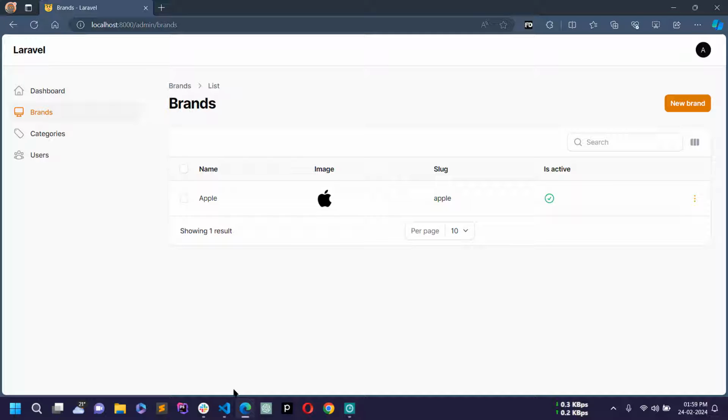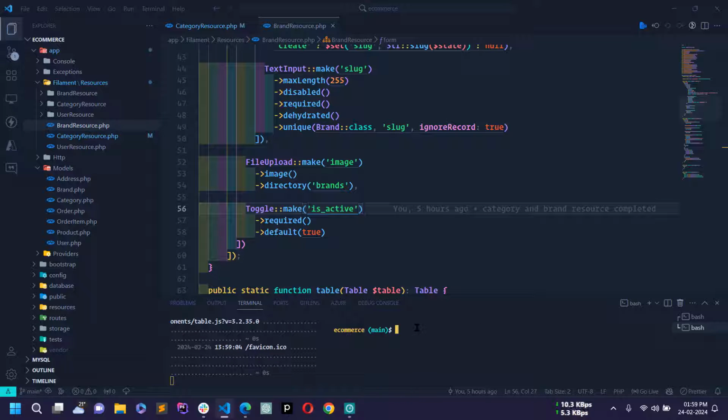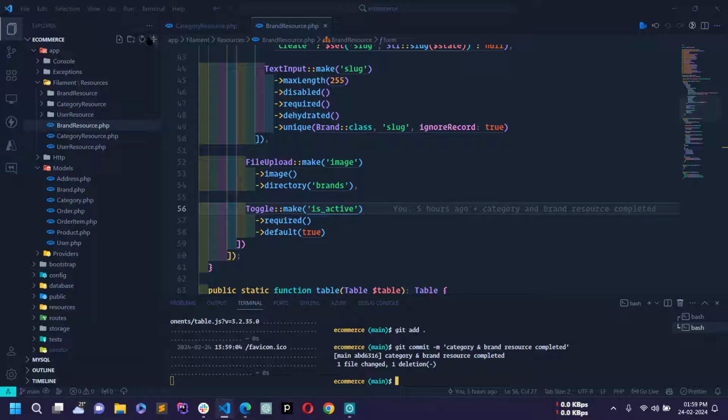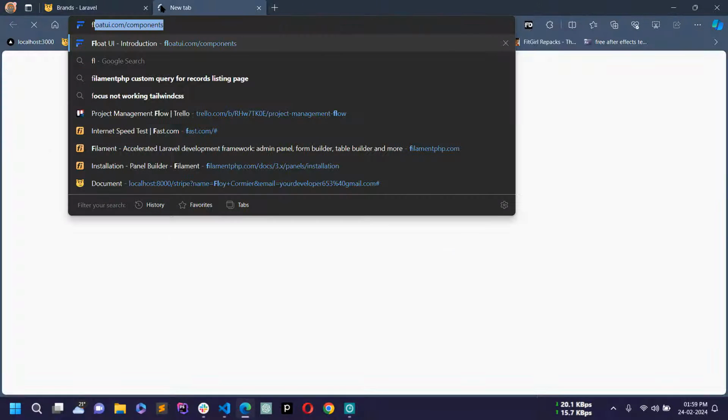Okay, so before working on the product resource, let me first make a commit. I will use git add all and git commit, category and brand resources completed. Okay, now close all the files. Now let's open the Filament PHP official documentation first,